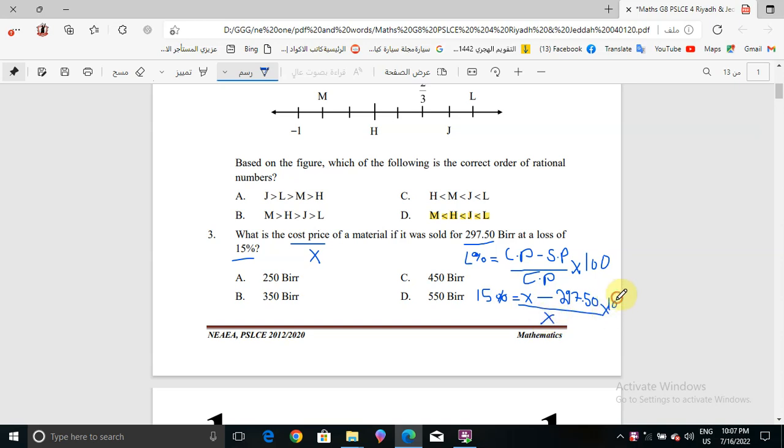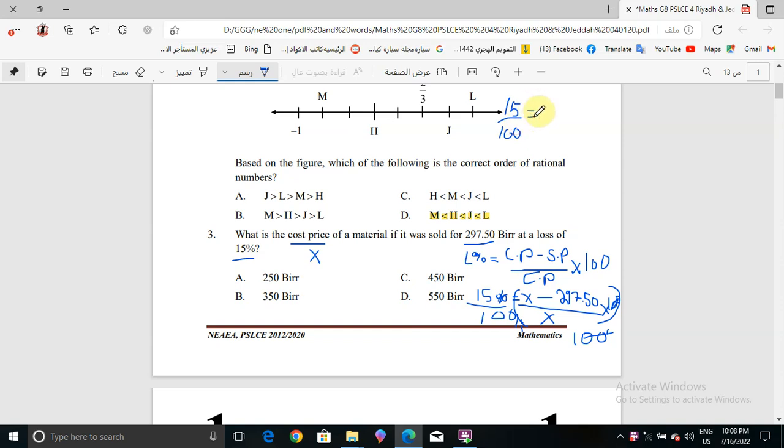Then multiply both sides by 100, and also divide both sides by 100. Then cancel 100 by 100, and cancel the percent with the 100, and then we have 15 over 100